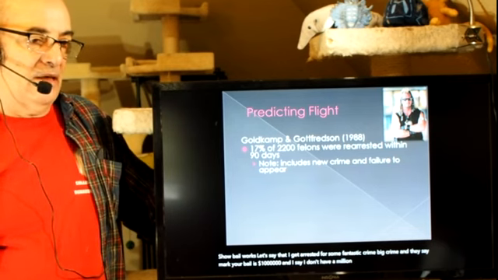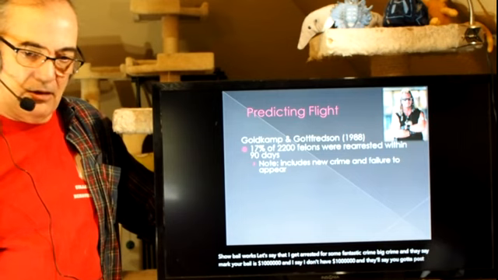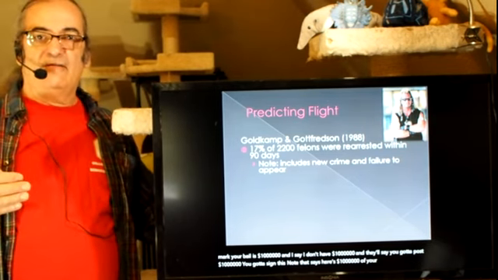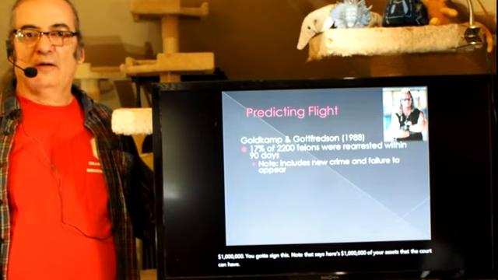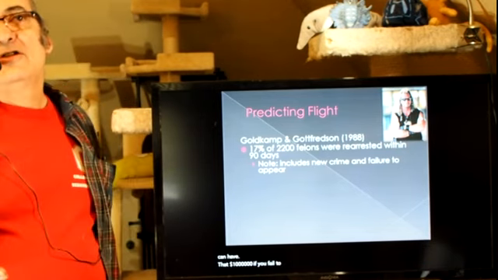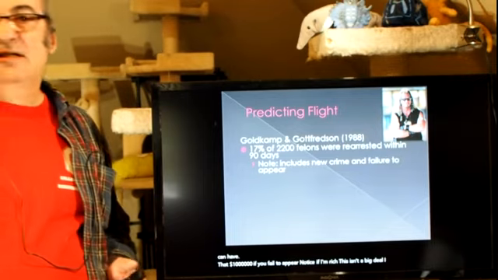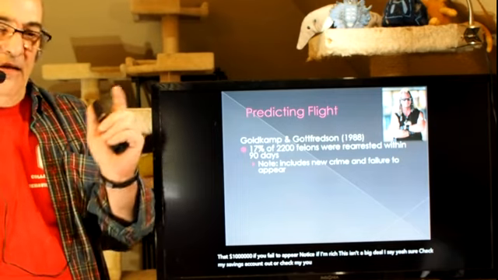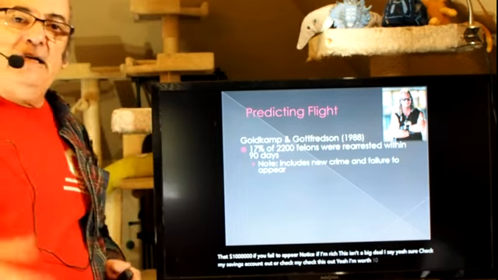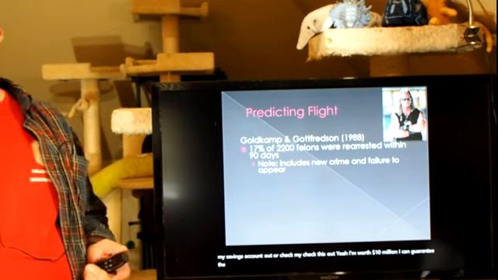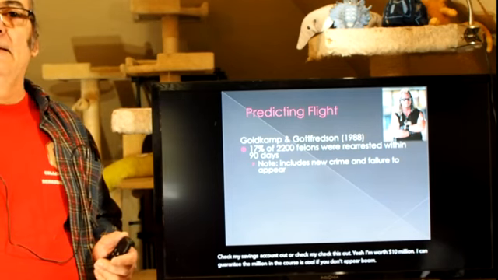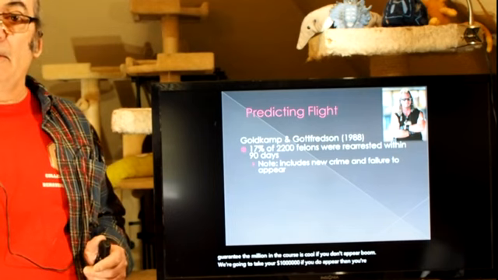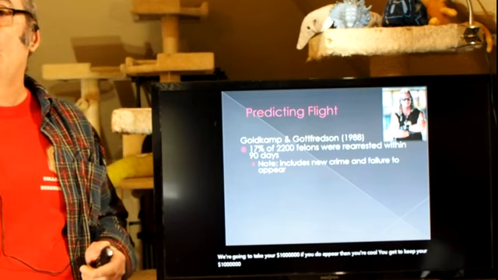And they'll say, well, you've got to post $1 million. You've got to sign this note that says, here's $1 million of your assets that the court can have if you fail to appear. Now notice, if I'm rich, this isn't a big deal. I say, yeah, sure, check my savings account. I'm worth $10 million. I can guarantee the $1 million, and the court says, cool, if you don't appear, boom, we're going to take your $1 million. If you do appear, then you're cool. You get to keep your $1 million, right? So it really is on the basis of whether I appear or not.